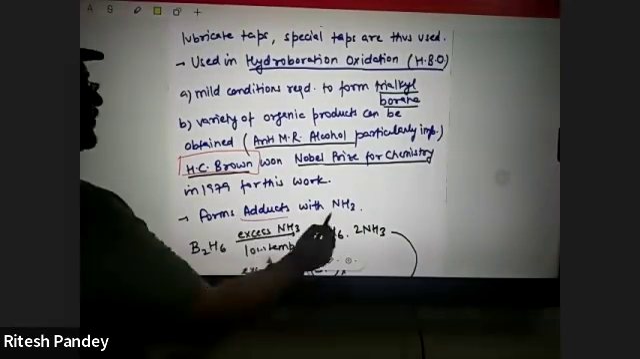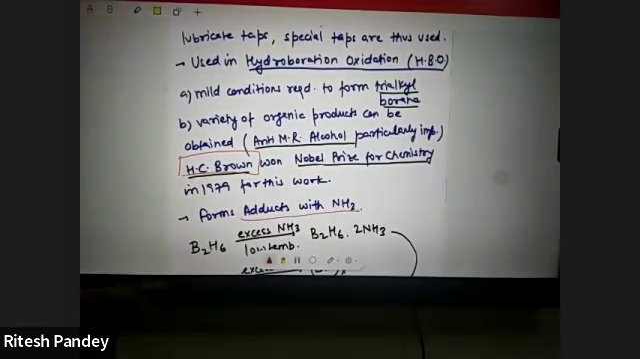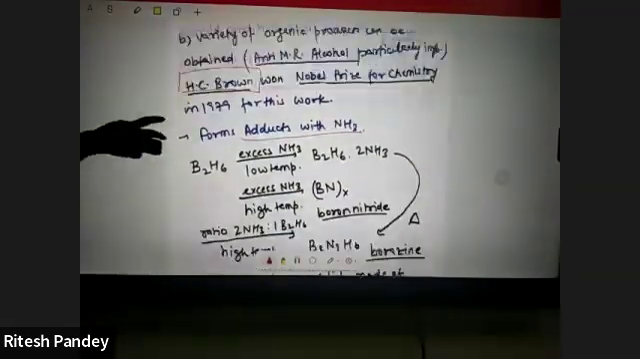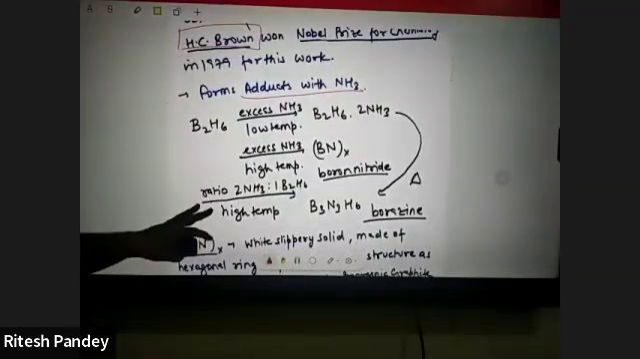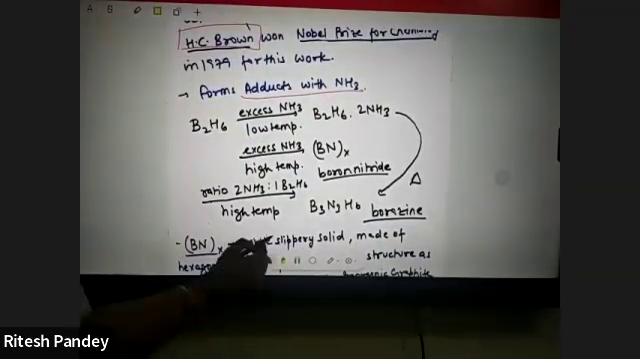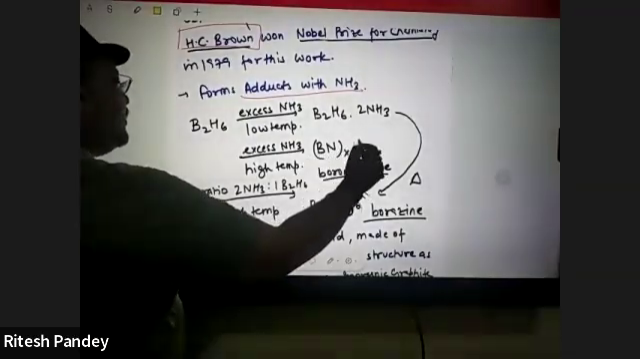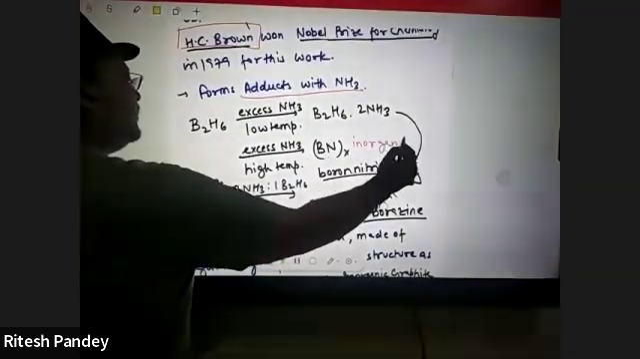Now, forming an adduct with NH3 is important because the two adducts which you get from borane plus ammonia are extremely important: boron nitride, which is going to be called inorganic graphite, and